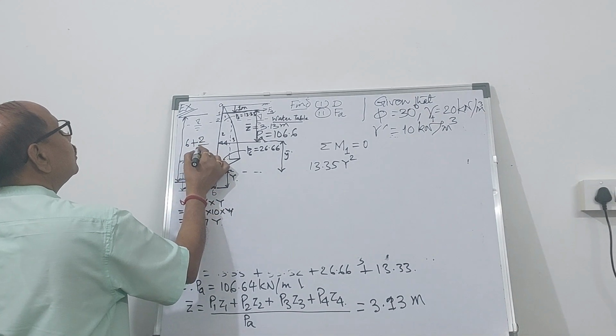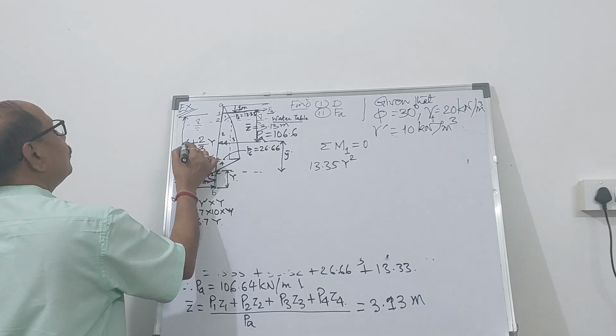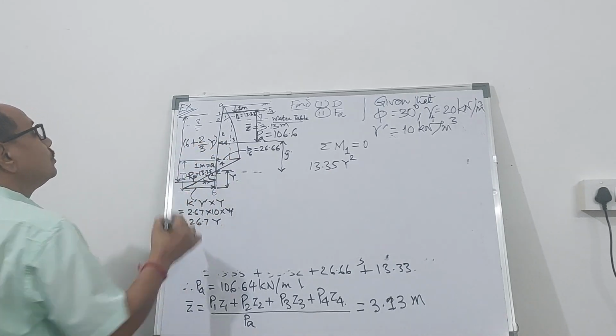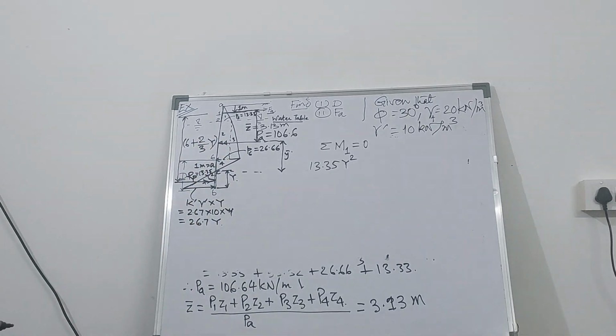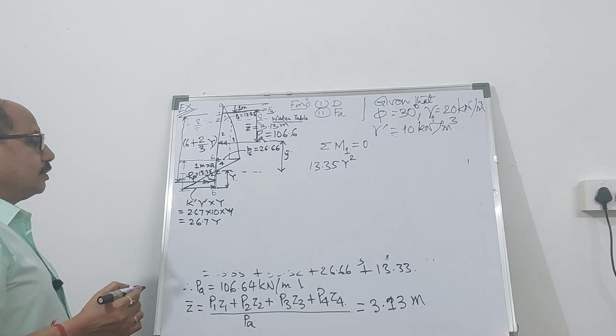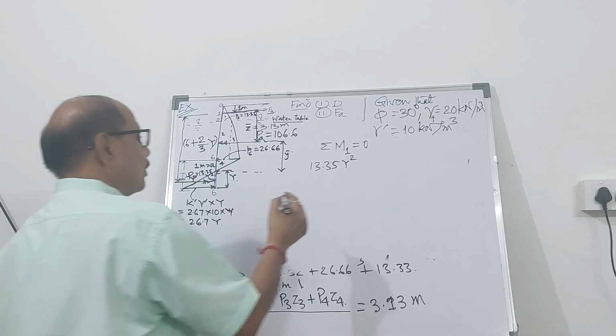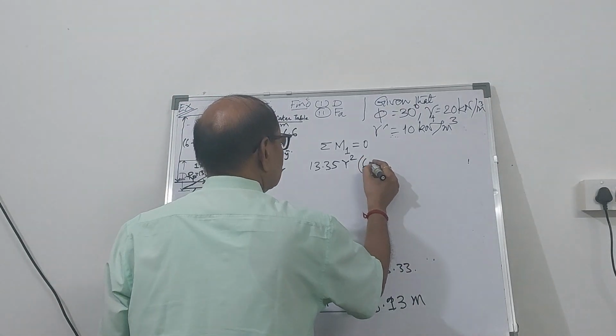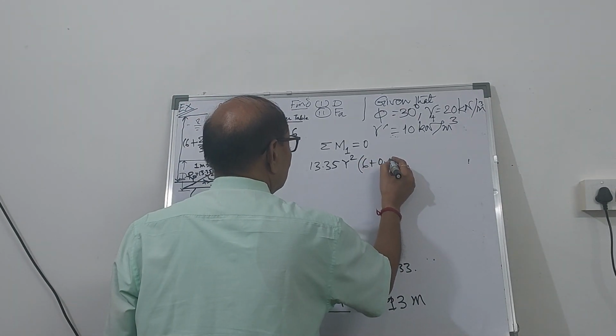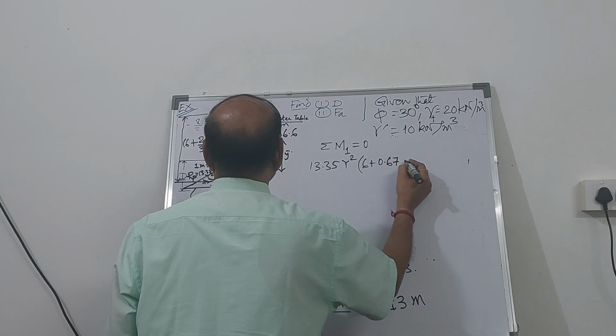So 2/3 of y. So what we have to do is 13.35 y square into 6 plus 2/3 means 0.67